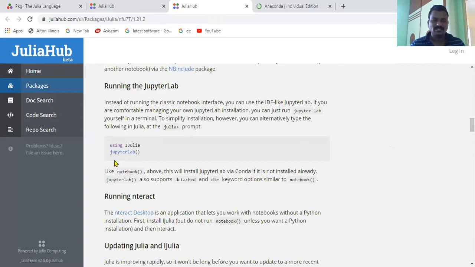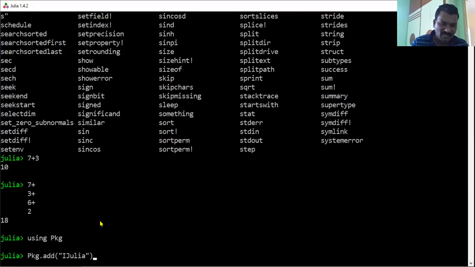In this way you will execute the programs. If you press enter, it will add to the Jupyter notebook. Julia is added to the Jupyter notebook; iJulia is already added to my notebook.